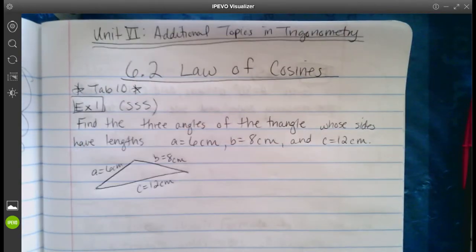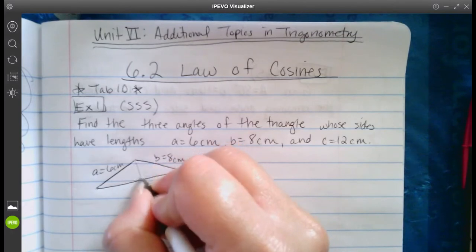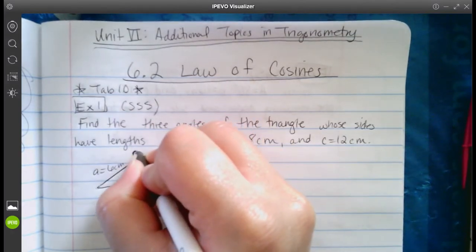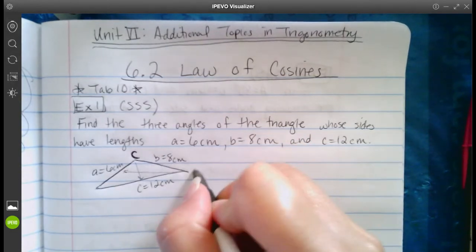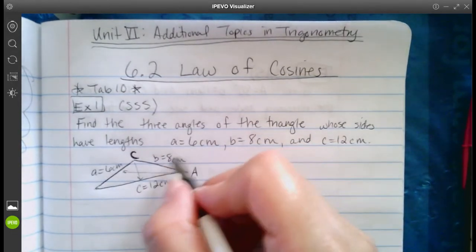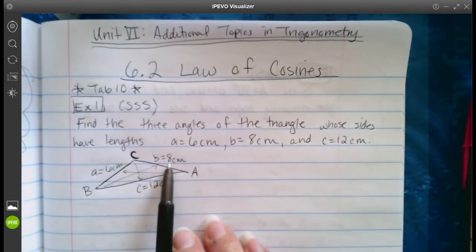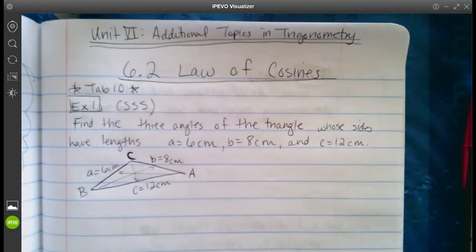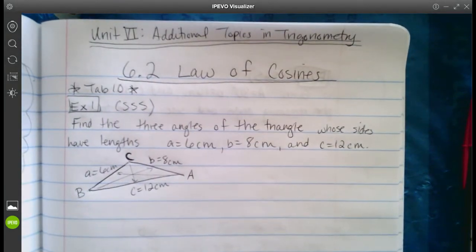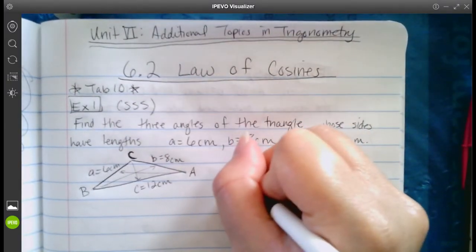We did this before. We're going to make sure that we are corresponding the side to the angle. So if this is little c, then this would be angle C up here. If this is little a, then angle A is on the right side over here, and angle B is going to be the last one. Remember, the angle is across from the corresponding side. Okay, so let's see. We're looking for the 3 angles. Let's start with A, just because A is first in the alphabet. So for angle A,